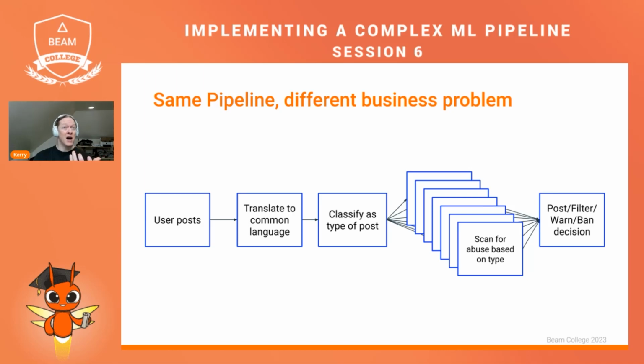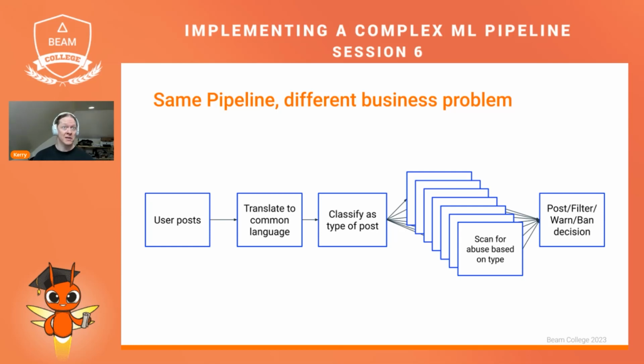Then I take that common language representation and I use that to classify what kind of post this is. Then, let's say that could be, I classify it, is this a post about news? Is this a social post? Is this a post about a given media personality? Is this a post about current events? I can classify it because those look very different and there are different standards in different kinds of posts or